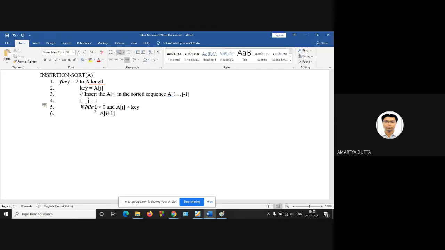Next, i is equal to i minus 1. And then A of i plus 1 is equal to your key value. This is the code for insertion sort.